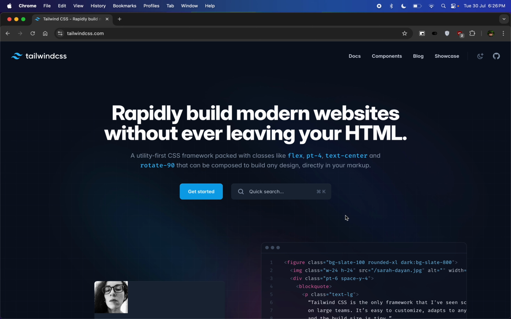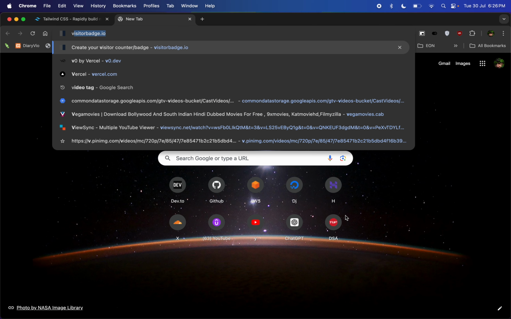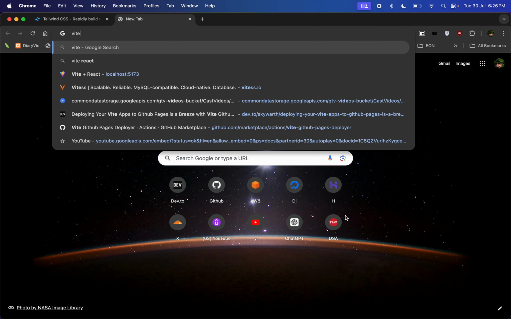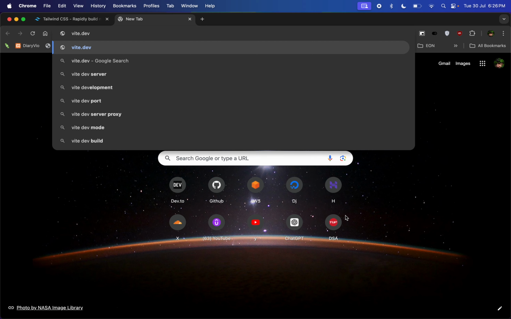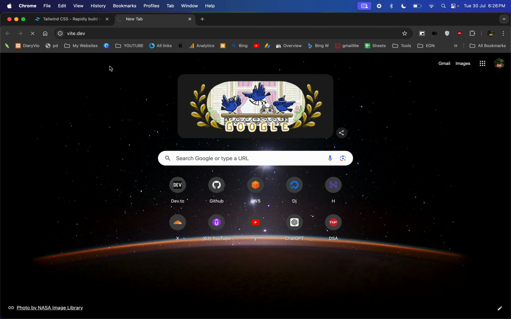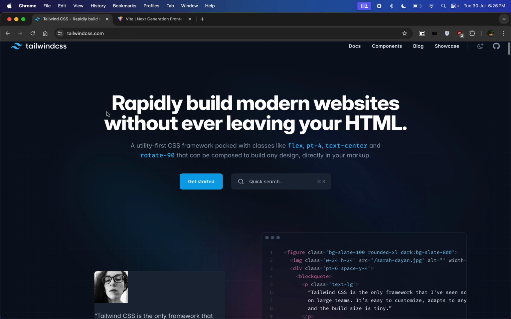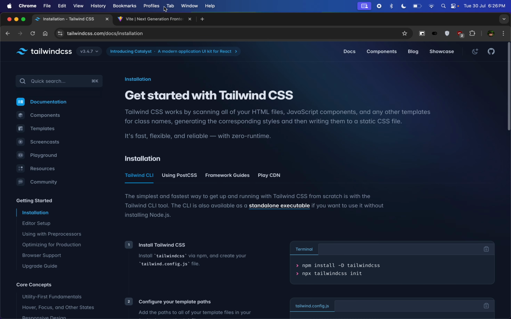So hello guys, today we'll see how to add Tailwind CSS to our Vite React application. And this is the website of Vite and this is the website of Tailwind CSS. For that we have to click on get started